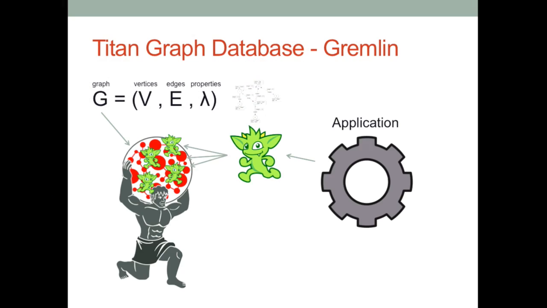All right, so let's get to the lab pretty soon, but I wanted to show this real quick as kind of what this looks like. You have Titan, and your application will send a Gremlin query to it. It'll split it across and run. If you have this distributed backend, it can run in parallel and then come right back out to your application. So that's the overall model there.